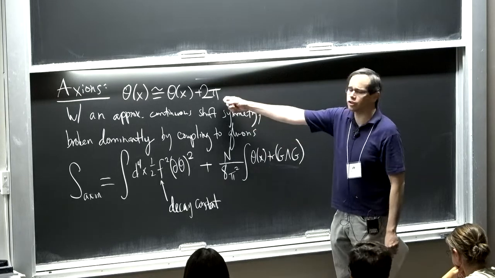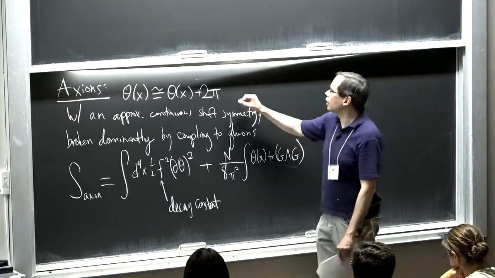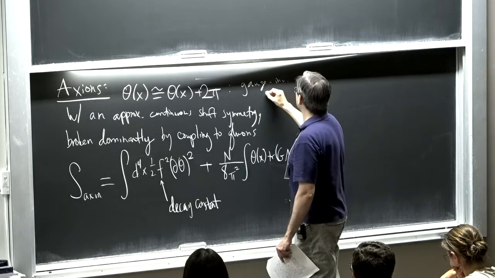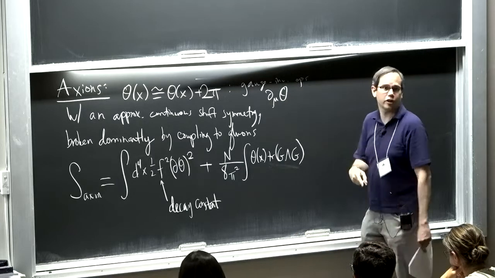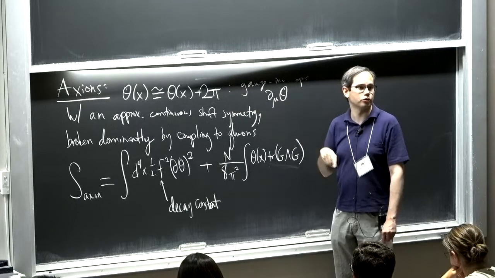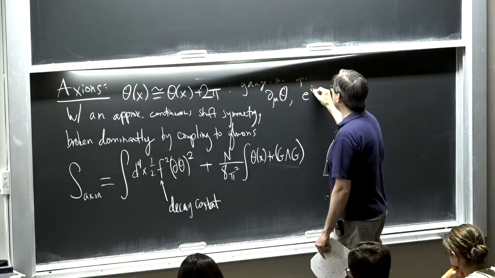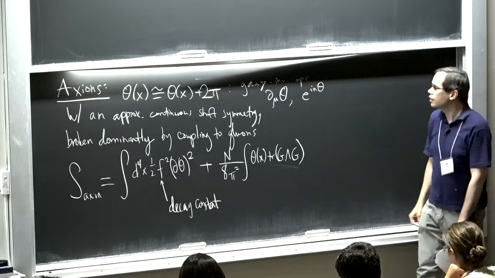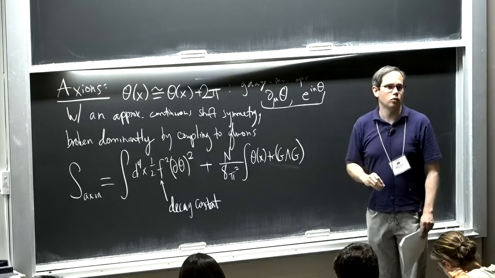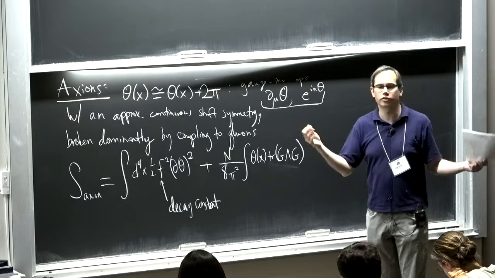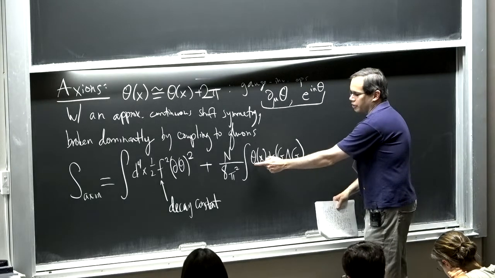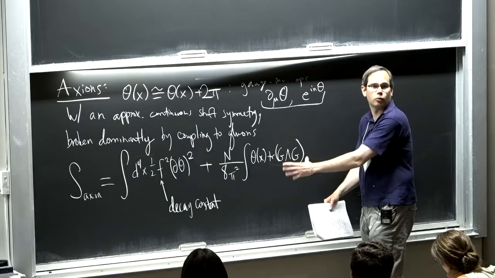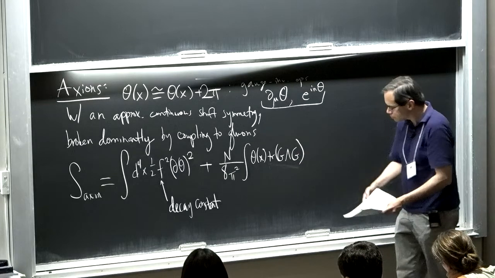So theta you should think of as not being a gauge invariant thing. But there are some gauge invariant operators. The derivative of theta is gauge invariant, because if I add a constant like 2 pi, I don't change the derivative. e to the i times an integer times theta is gauge invariant because of the periodicity of theta. So these things can appear in a Lagrangian without you having to worry about them. They're well-defined things. Theta appearing here is a little bit dangerous, and that's why it could only appear in the special topological term that has this quantization attached to it. Otherwise, it wouldn't have made sense. Okay.